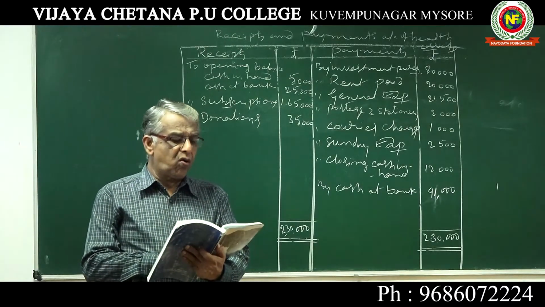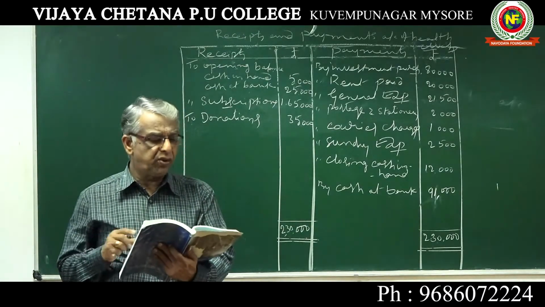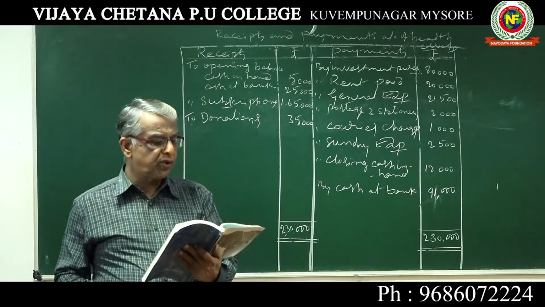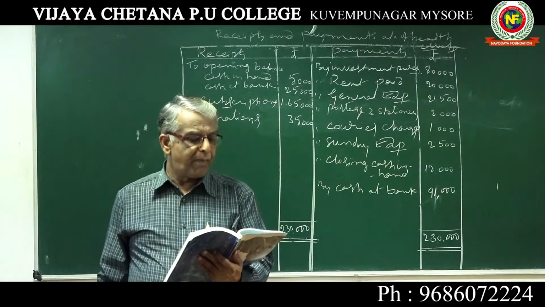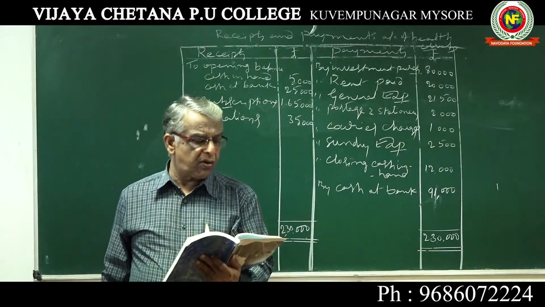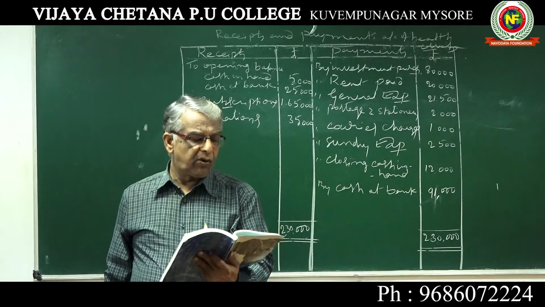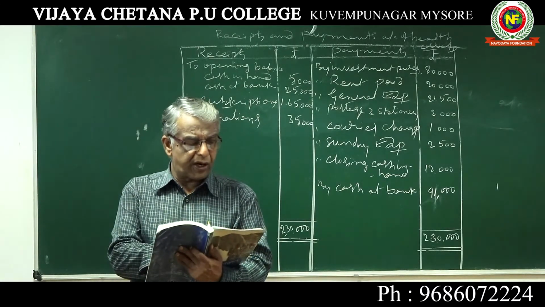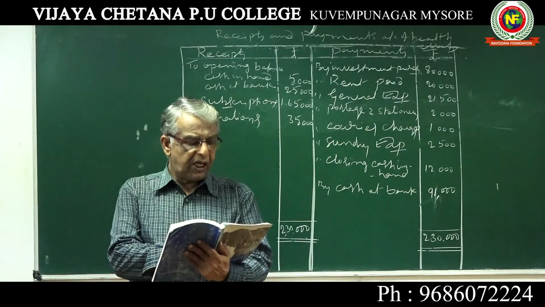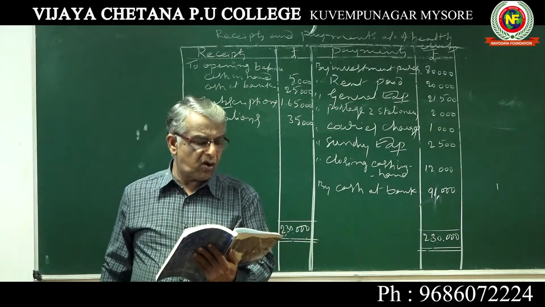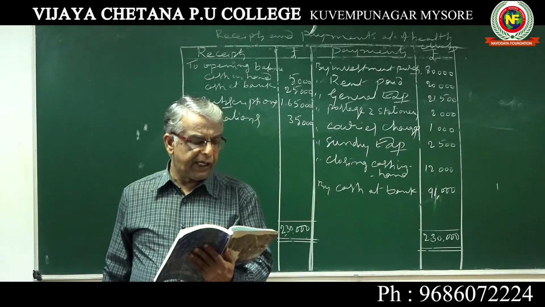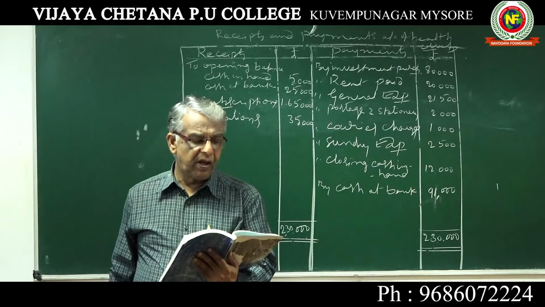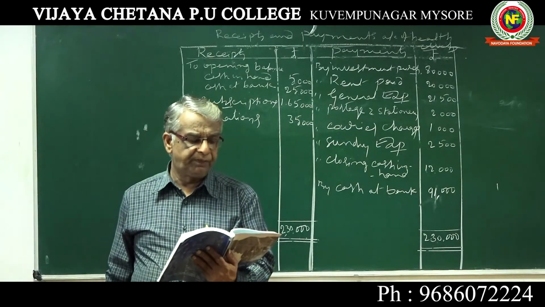So the receipts and payments account of Hari Mohan Charitable Institution is given. Receipts and payments account for the year ending March 31st, 2015. Receipt side, balance brought down, cash at bank 22,000, cash in hand 8,800, donation 32,000, subscriptions 50,200, endowment fund 60,000, legacies 24,000, interest on investment 3,800, interest on deposit 800, sale of old newspapers 500, and come to the payment side.